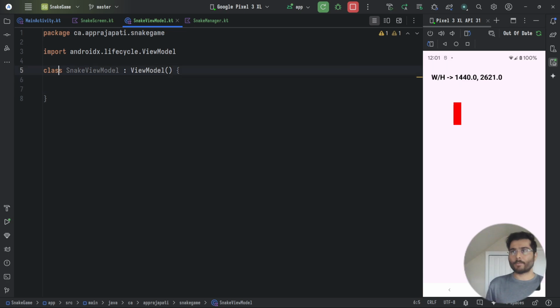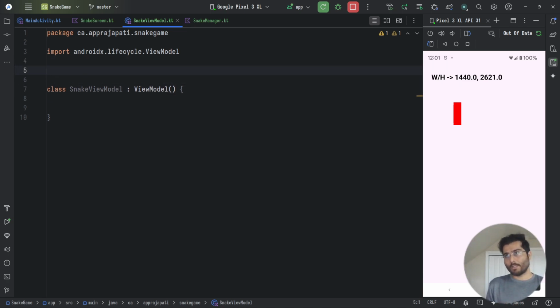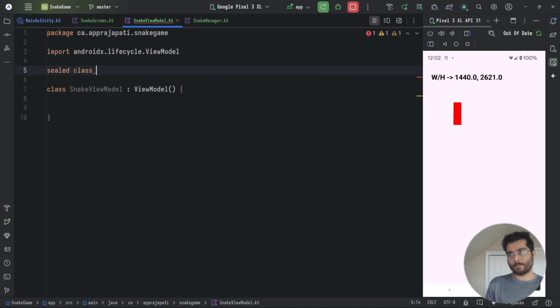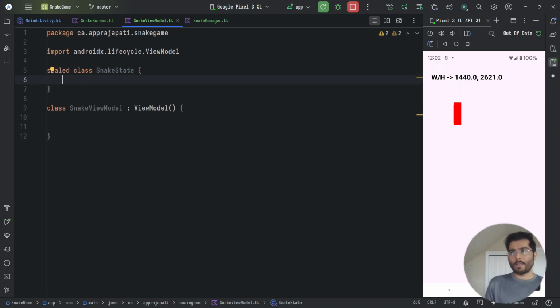Now here I want to hold the state. The snake can be in 3 possible states. At least that's how I've defined it, but depending on our preference we can have more states if we want. To represent that state, I'm going to use a sealed class. I'm going to call it SnakeState, and the subclasses are